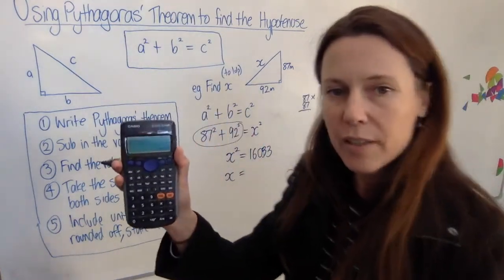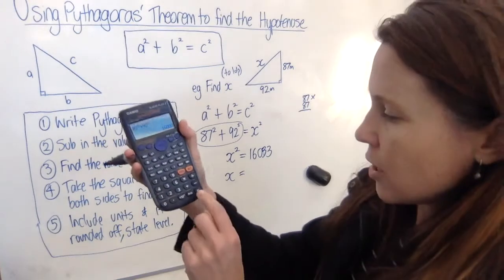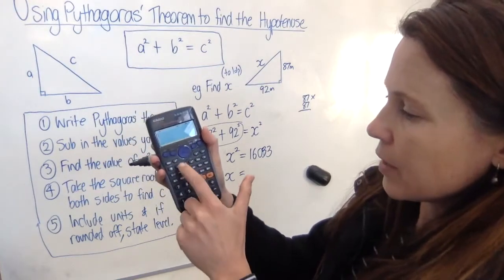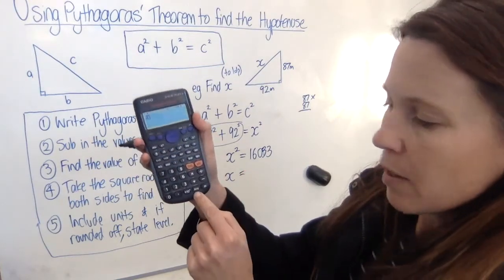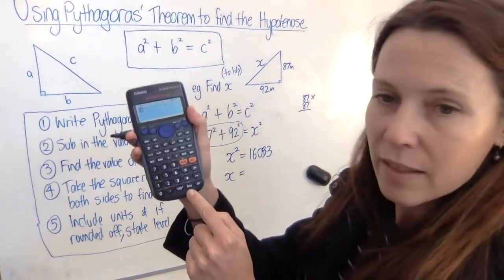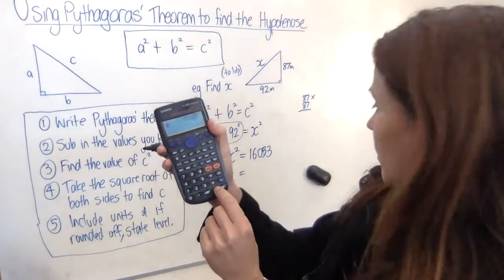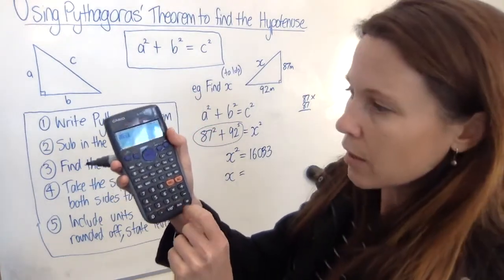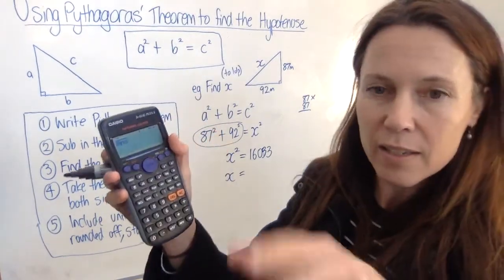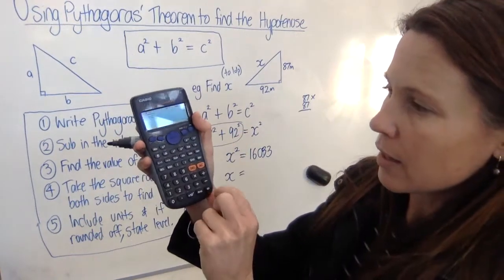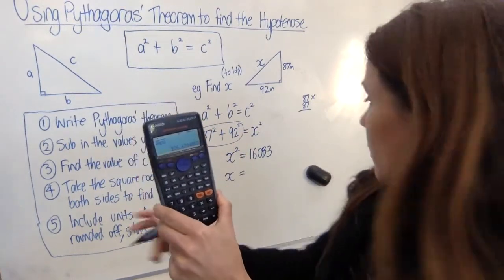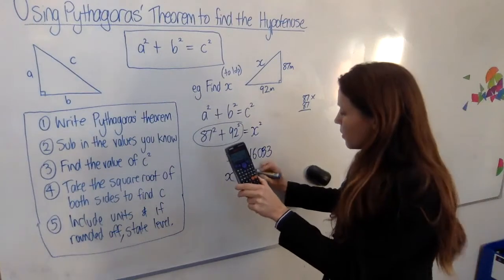Now, if you've already got this in your calculator, a cheeky trick is you can hit the all clear, hit the square root button. Now, if I press this button down here that says ANS, that stands for answer, and if I hit that, the last answer my calculator had, which was 16,033, will go in there. Now, it just says answer, but that's what you'll get. Hit the equals button, and we've got the square root of that number,